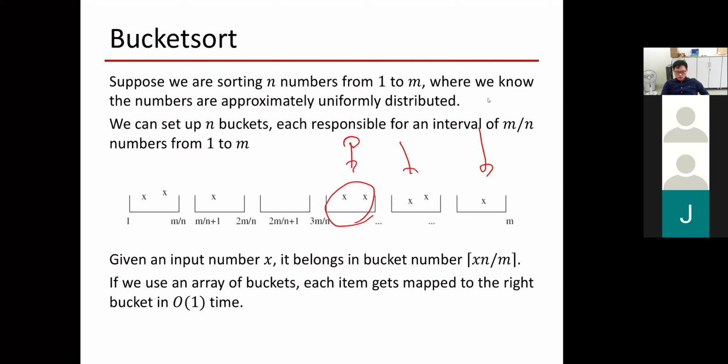Inside the bucket, I sort it. Then in the end, I can connect everybody. Completely sorted, right? So bucket sort in the first shot, I only do one time, which is like the hash